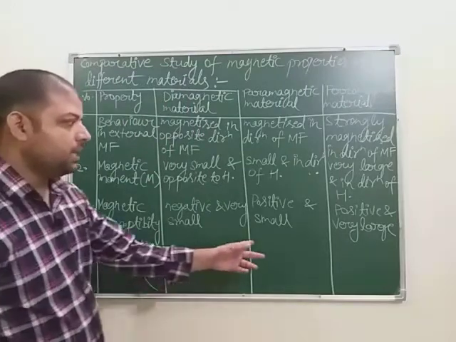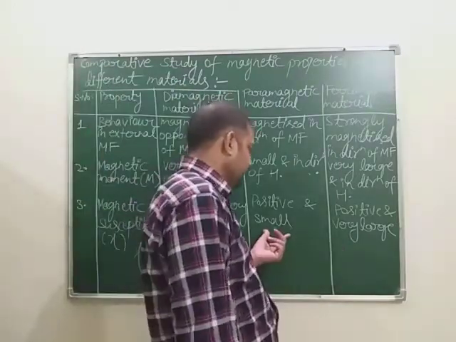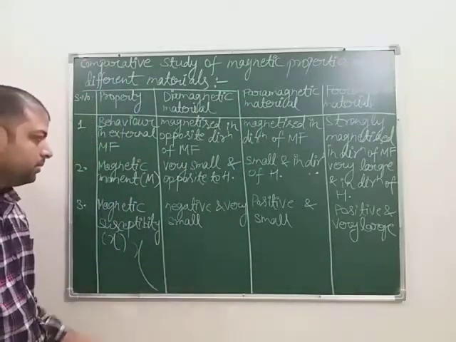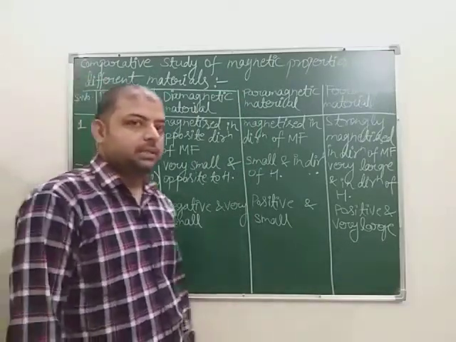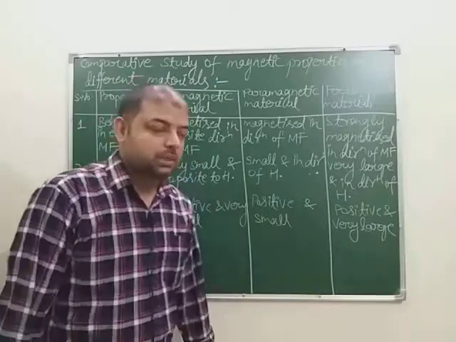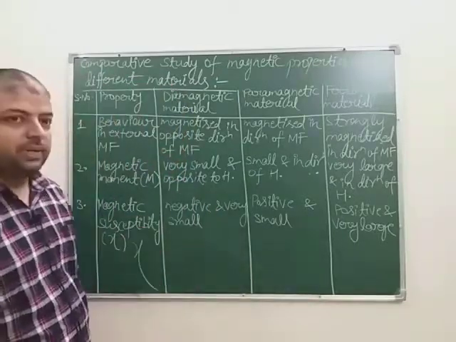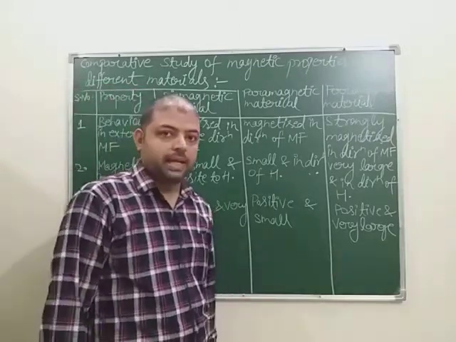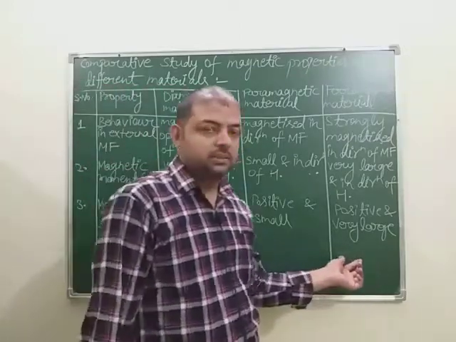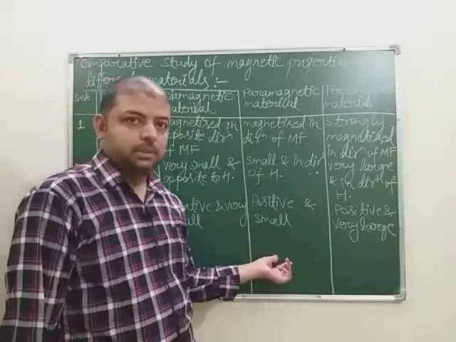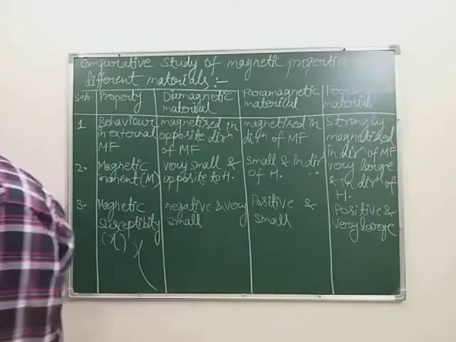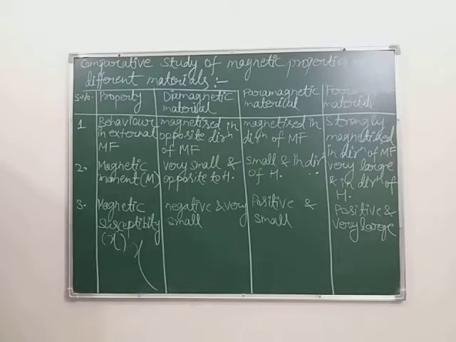So these two are similar; the intensity is small and large, and here it is negative and very small. It means that diamagnetic material is not susceptible to the magnetic field. If you apply a magnetic field, it doesn't react, but these both will react, one very fast and the other with some slow intensity. Write it down, then we will write some more properties.